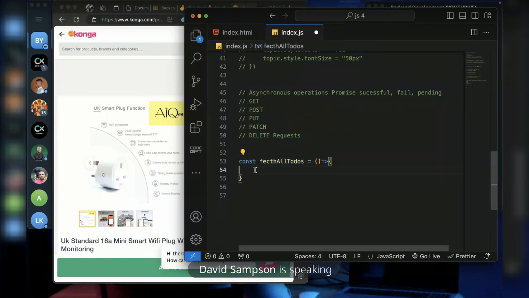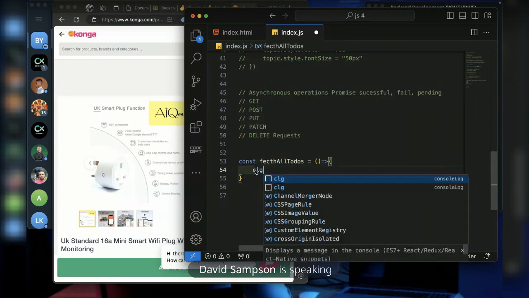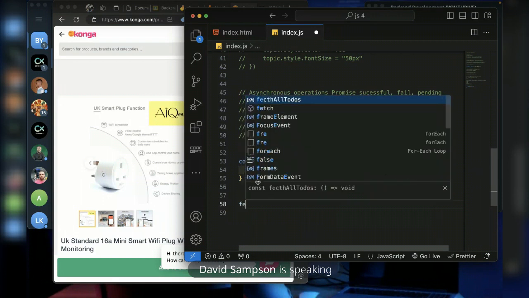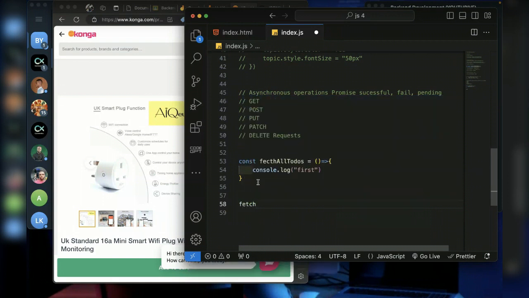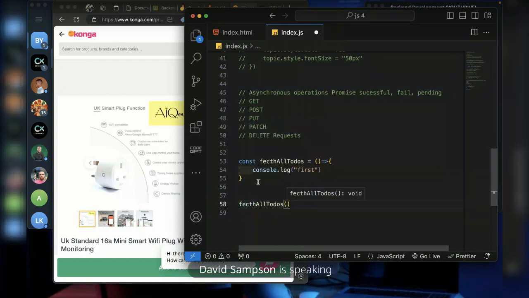For example, I have this function. I can pass in console log here. Now, if I call this function, fetchAllTodos, and save, this function has run automatically.